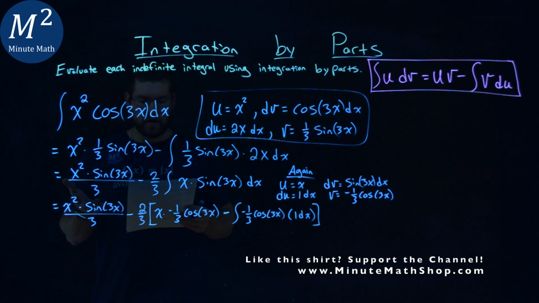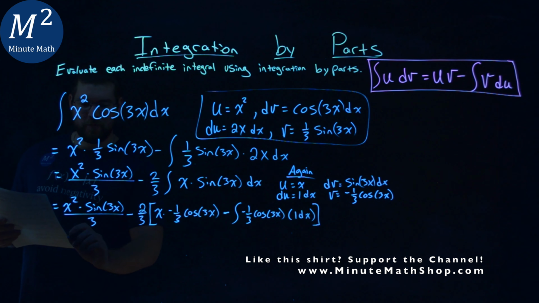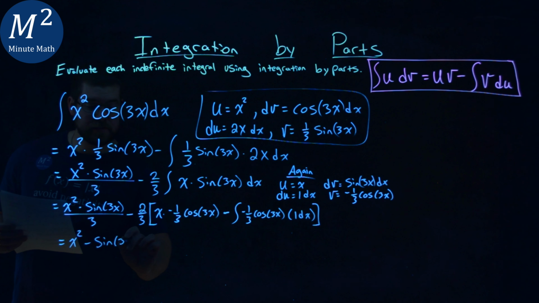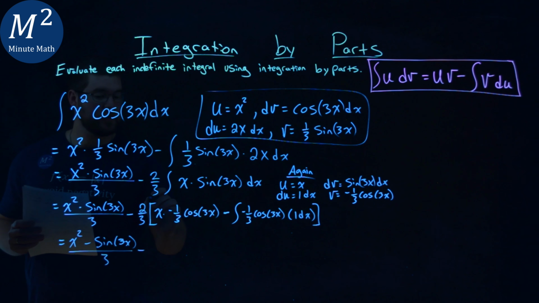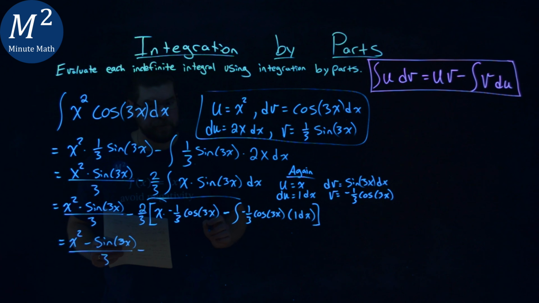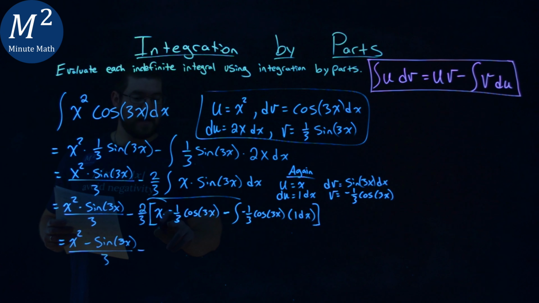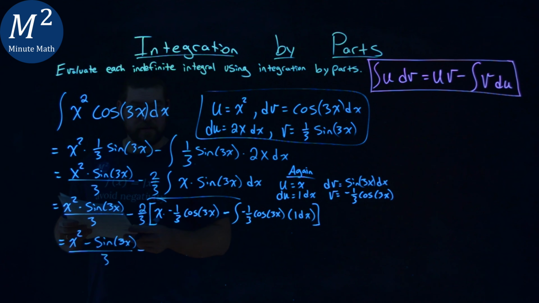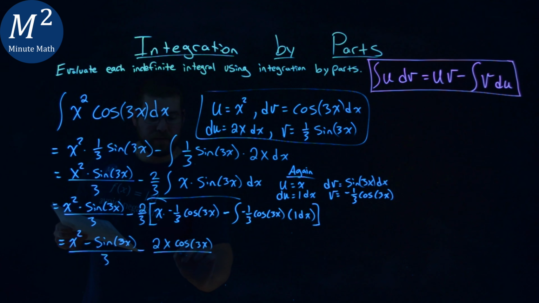Okay, so what we're going to do is, I'm going to kind of do a lot of steps in once here. So we have x squared minus the sine of 3x over 3, minus, we're going to distribute this 2/3 to both parts as we keep going here. Okay, so 2/3 times a negative 1/3 gives us, oh, it's a negative 2/3, sorry, times a negative 1/3, almost messed that up there, and we have a 2/9. So we have a 2 in the numerator, we have x cosine of 3x,